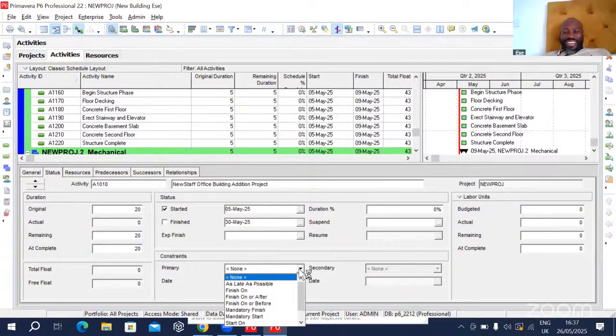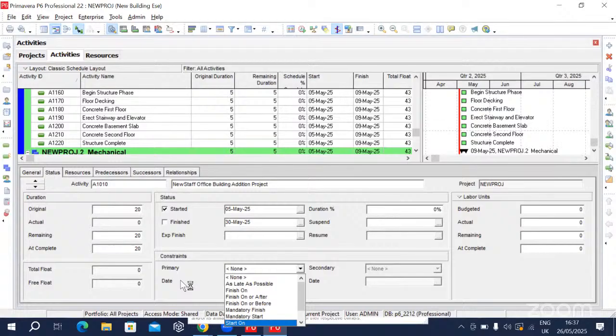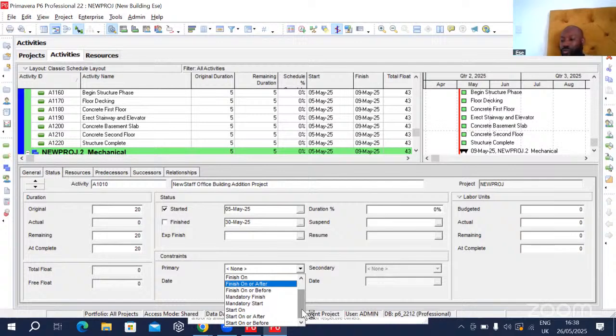So these ones: as late as possible, finish on or after, finish on or before, mandatory finish, mandatory start. These are all constraints. I think there are nine of them. Scroll to the bottom. There are nine of them. You need to know all of them. Most times we'll only use constraints